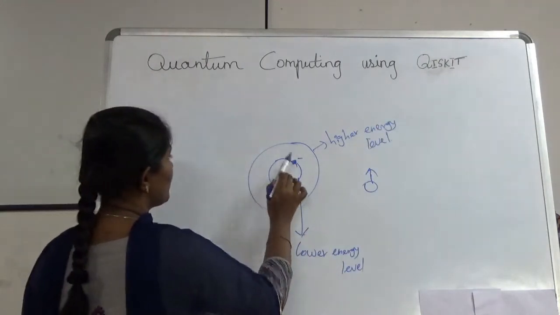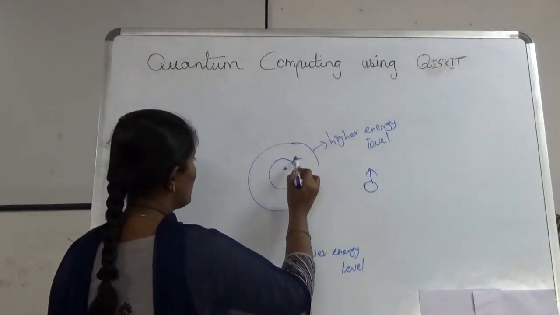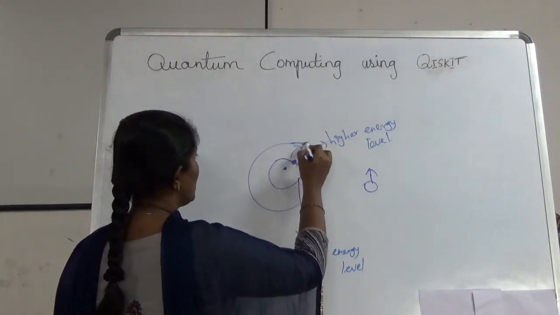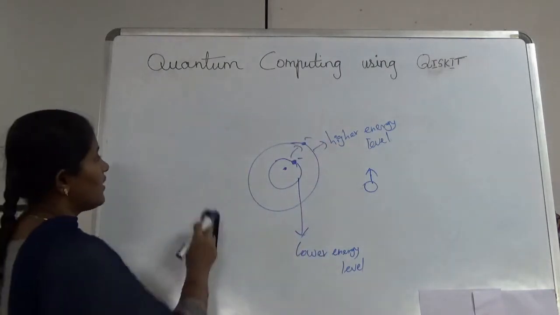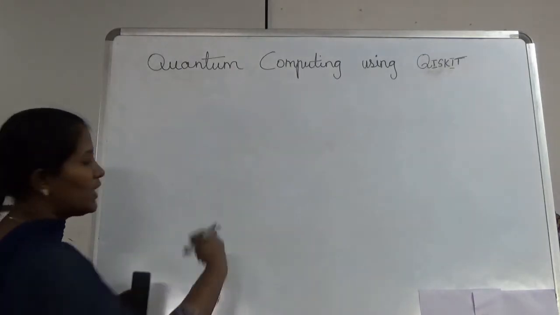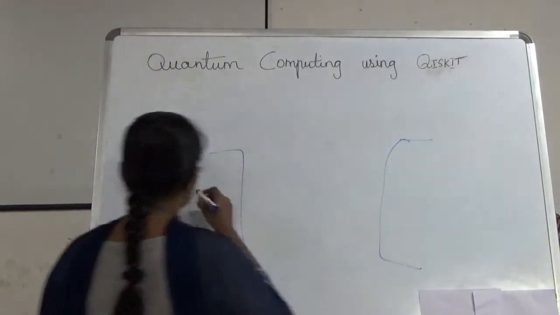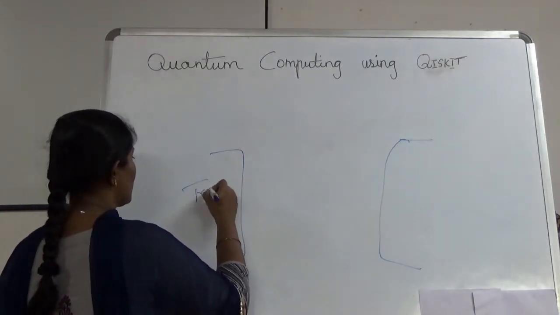So if the spin of the electron is in the up state, the electron will be excited to the higher energy level. Because of this excitation to the higher energy level, in the transistor, here the transistor,